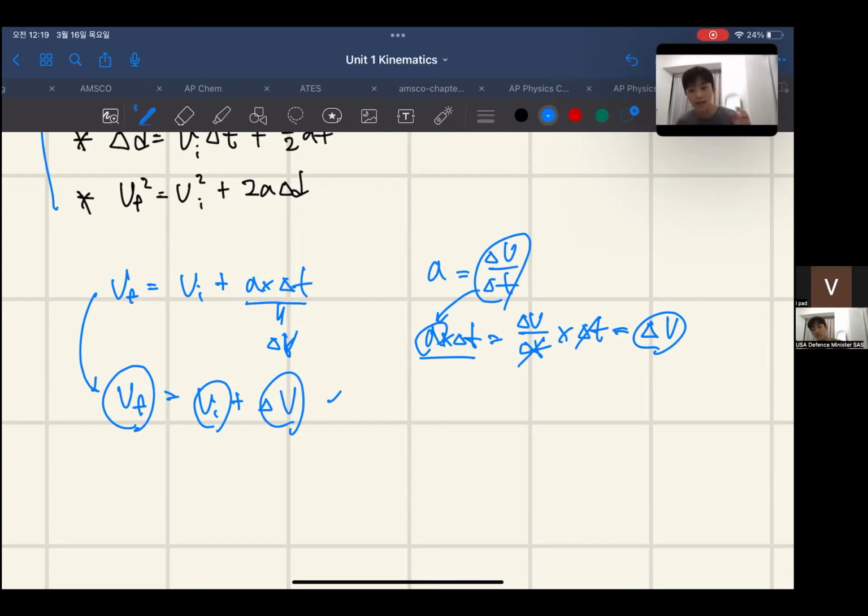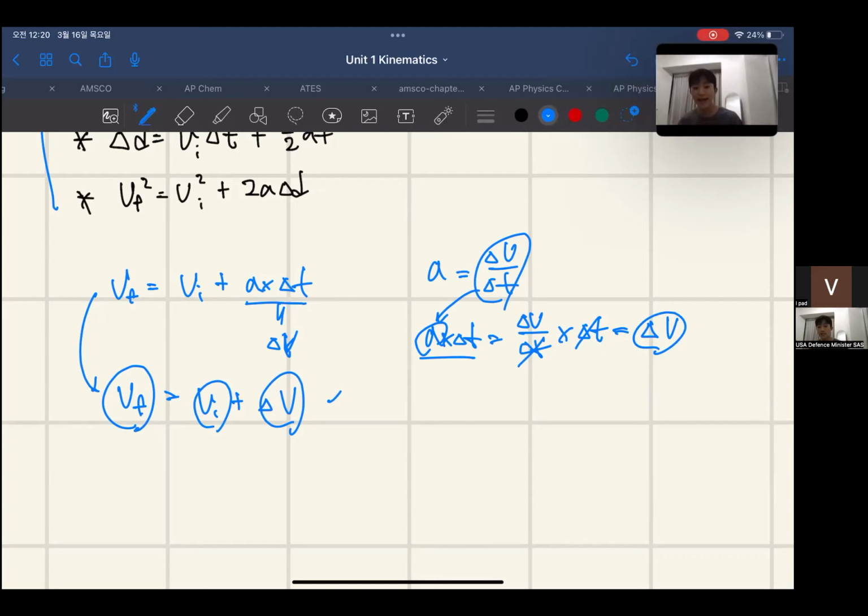I think this process is very important. Oftentimes, teachers just tell you the formula or just give you the formula sheet, but it is important to know and understand what this formula actually means. This formula basically means that the final velocity is equal to the initial velocity plus the change in velocity, which